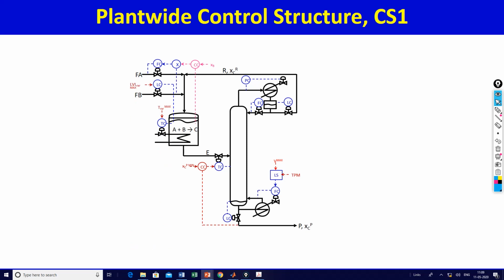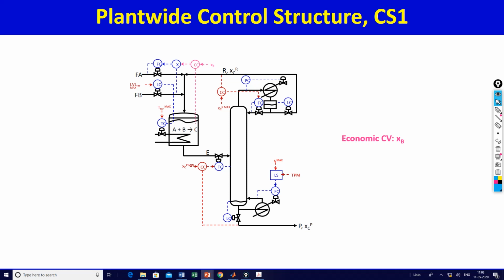You have to have the level at maximum. That's the next economic thing. You also have to have the C in the recycle rate at maximum, so that's the composition controller doing this. And once all these four constraints are there, Vmax is another constraint, TPM is fixed, so we are left with only this set point, how to manage this magenta set point, the B mole fraction in the reactor.